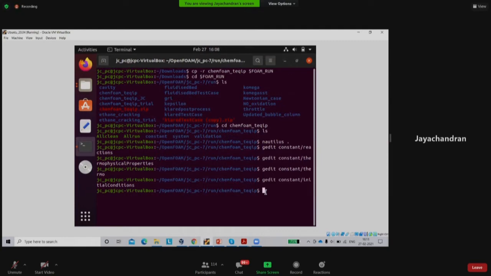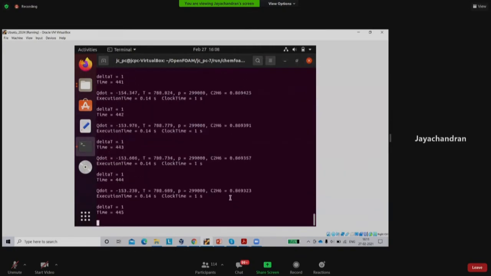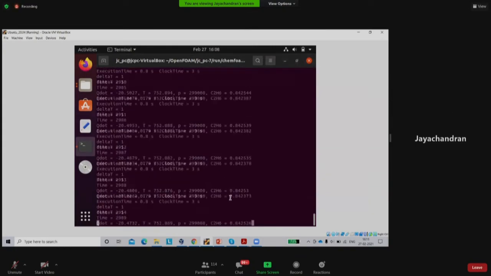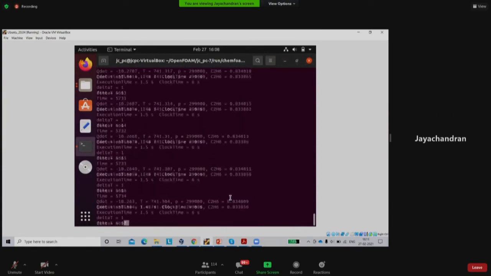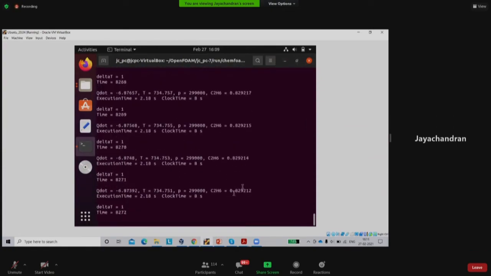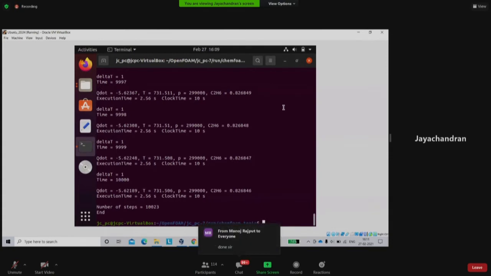So this is basically it. Right now you have to just run the simulation. It will be chcFoam, with F in caps. It will take around 30 to 40 seconds. You just run the simulation. Is everyone able to run, or is there any error? Please let me know. I think you should be able to run. Done. Yeah, at least one person has said done. So I think they are able to run it. I don't actually anticipate any errors.